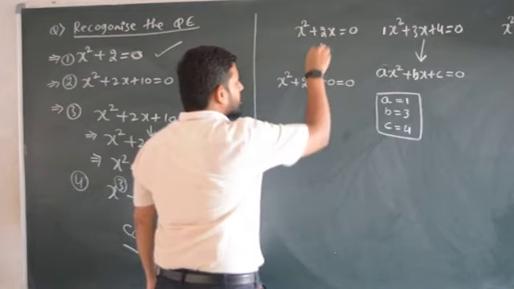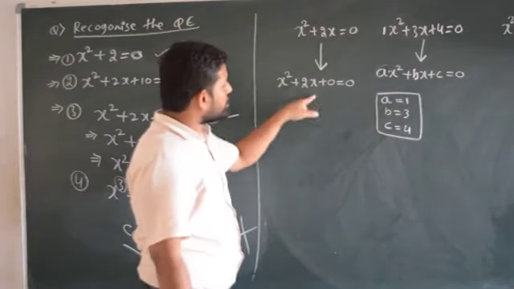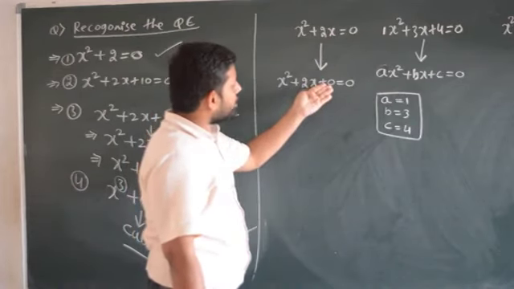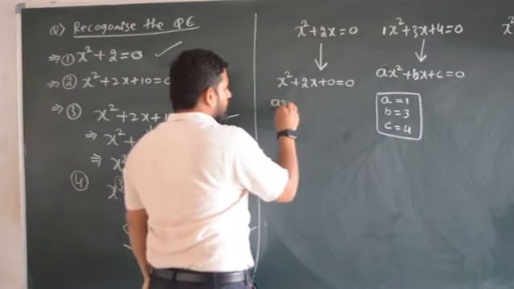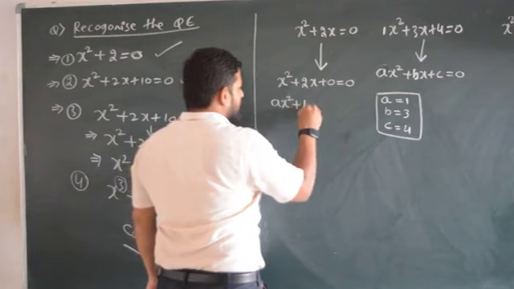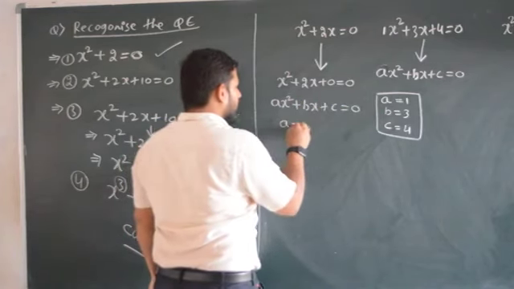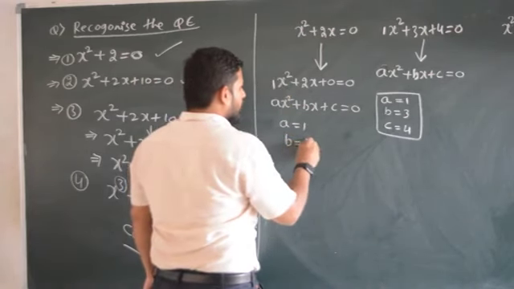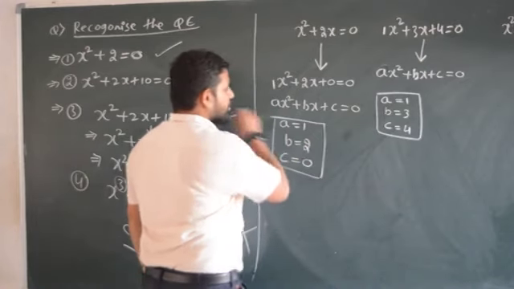Are both these equations same or different? Tell me. This equation and this equation, are these two equations same or not? They are the same thing. X square plus 2x plus 0, I have added, means there is no difference. Now can I compare it with ax square plus bx plus c is equal to 0? Of course, then the value of a becomes 1, if nothing is there it means 1. Then what is the value of b? It is going to be 2. What is the value of c? 0. So these are the values of a, b, c.